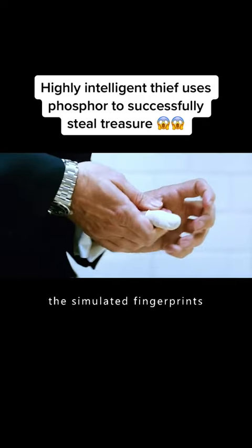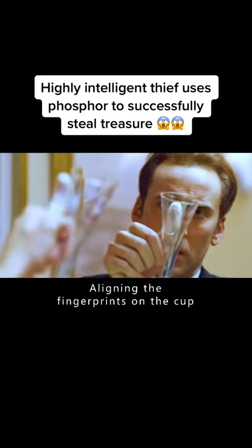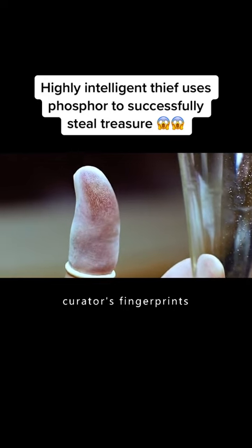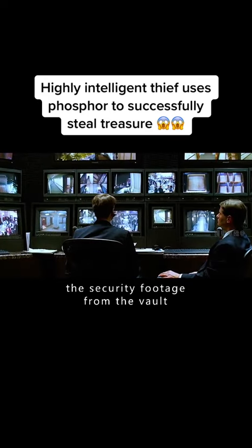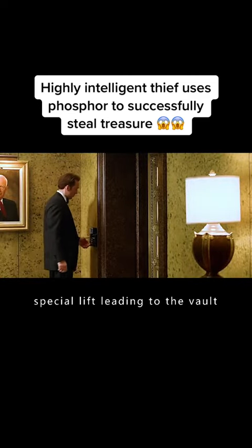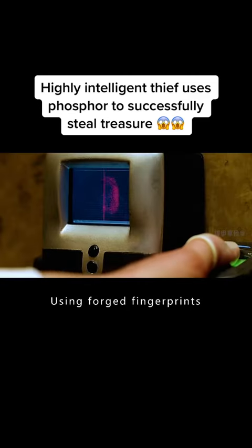David quickly puts on the simulated fingerprints, aligning the fingerprints on the cup. Then he carefully places the fingerprints on the finger cover. He successfully replicates the curator's fingerprints. At this point, his teammates took the security footage from the vault, set it to a still state to avoid detection by security. David then went to the special lift leading to the vault, using forged fingerprints, pressed on the